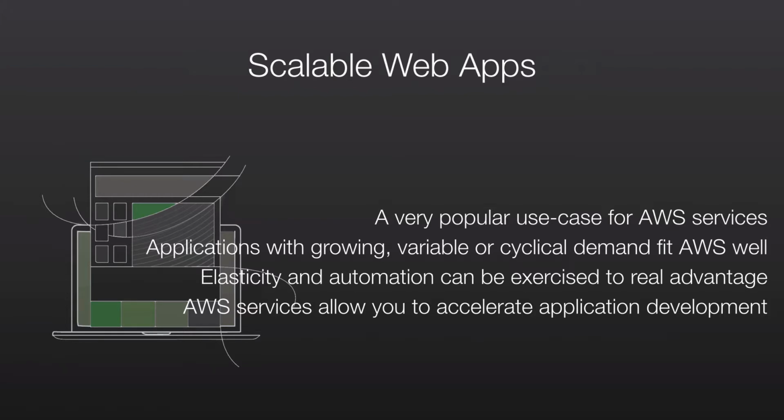And the services that AWS can provide allow you to accelerate application development and deployment and get your website application to market more quickly. And once you've done that, iterate on it more quickly so that you can add new features that your customers may be demanding from you. And there's a really good synergy, a really good fit between the services that AWS provides and web applications for those 4 reasons. What are we going to cover in today's session?